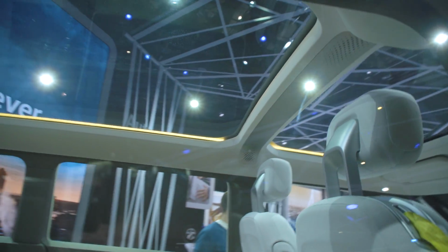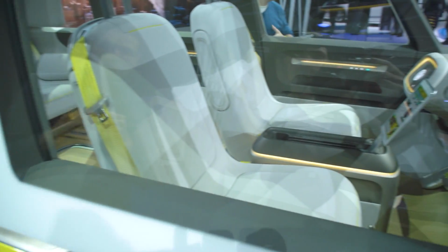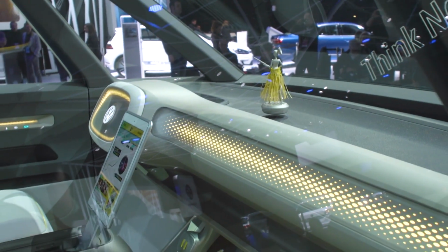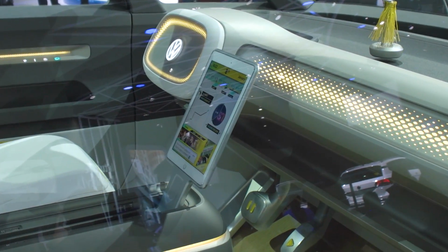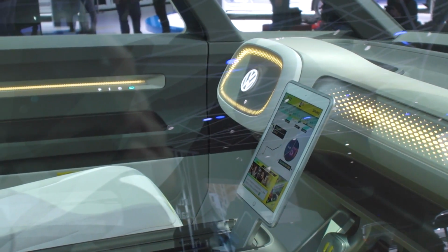There we go. And also in the front cockpit, what can we see here? This dancing figure in the front, really nice detail. But also horizontal stress, not many buttons. Everything will be controlled with this iPad there in the middle part. The steering wheel will slide out if you drive the car yourself, or slide in if you are in the